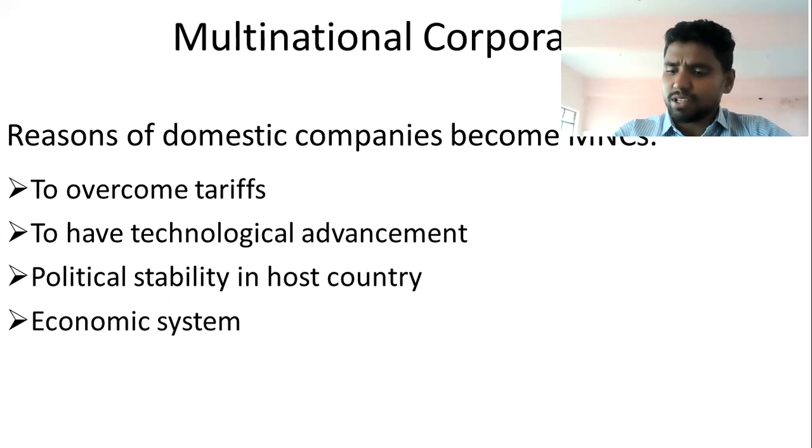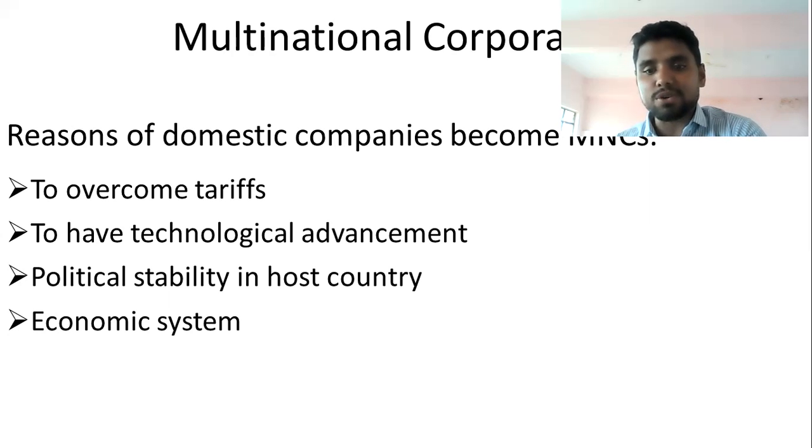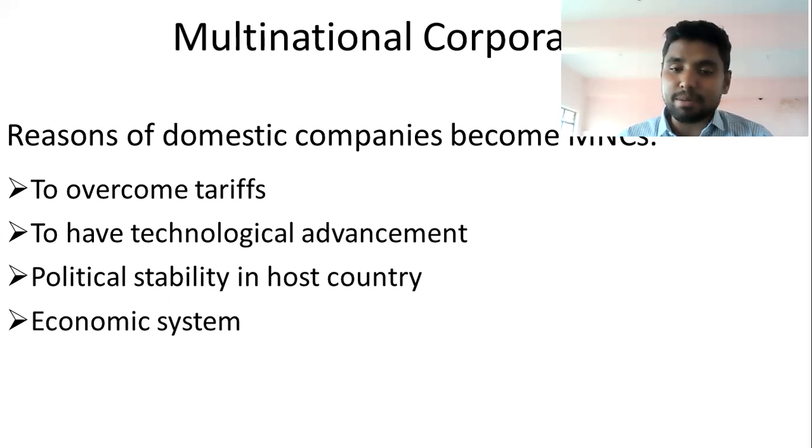If you are a company in some country A where there is a lot of political turmoil, take for example Sudan, where there is always a war between North Sudan and South Sudan, the companies there do not feel comfortable because in their home country it is unstable. So they go to other countries where the political situation is very stable. That is one of the reasons for becoming MNCs. Then